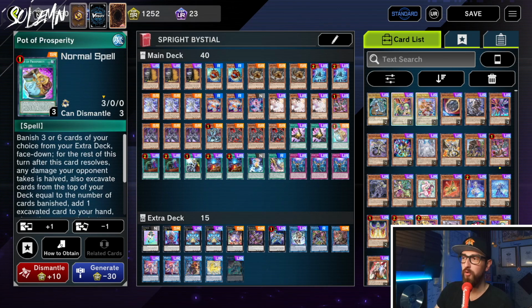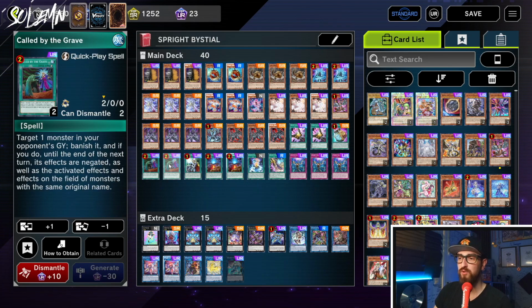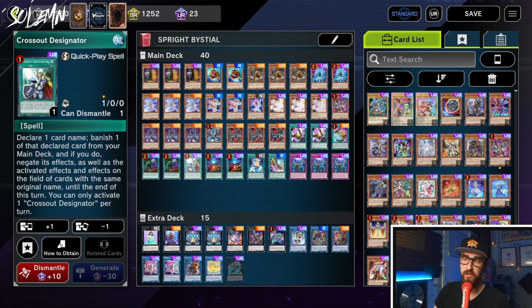So it's not the end of the world, but still we want to play Pot of Prosperity just to maximize our chances. Also, when we were watching the World Championship qualifier, we noticed a lot of Spright players were playing the 1 Prosperity as well. So of course, are we smarter than Worlds qualified players? Probably not. Then we have 2 Call by the Grave because Maxi is broken, 1 Crossout because Maxi is broken,